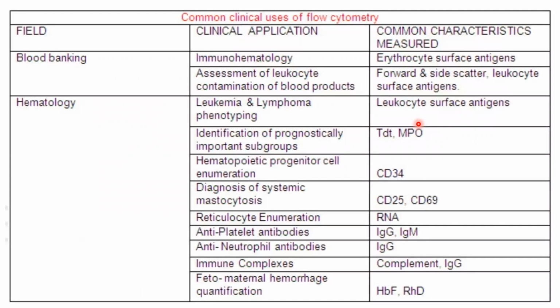Actually, there are almost 200 applications for flow cytometer, students. You just understand the potential clinical significance in the diagnostic laboratory of flow cytometer. So flow cytometer is one of the